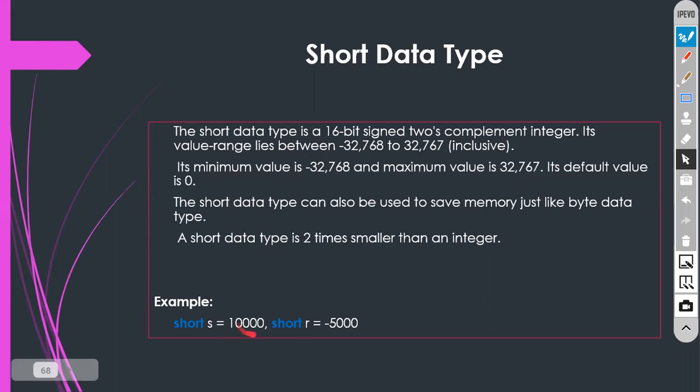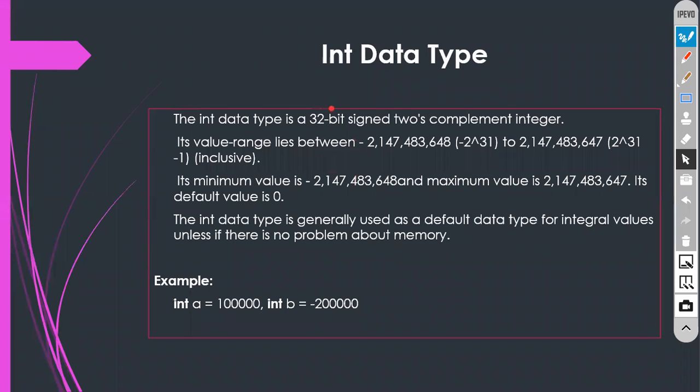Now you are going to declare in this way. Yesterday, I already wrote a program. If you are not able to understand whatever I am explaining, you can watch yesterday's video. So this is the integer data type. Yesterday I declared it like this. This is also the same thing. You can see the range.